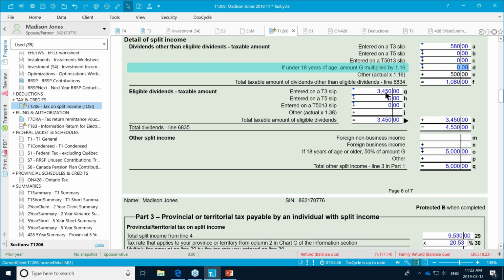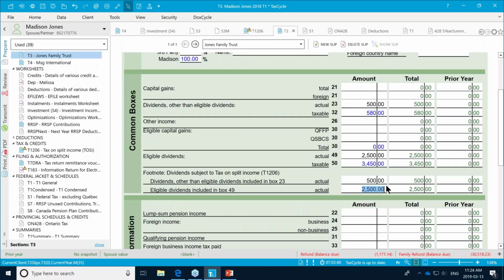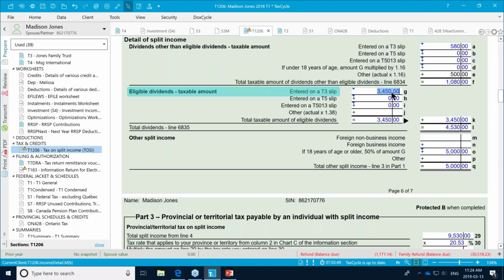If I double click on that box, it will take me to the source field, so where that information is coming from. That's a really quick and handy way to figure out where you need to go to get that information and/or make adjustments if adjustments are required.